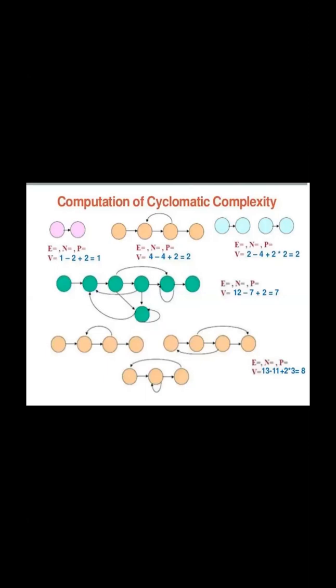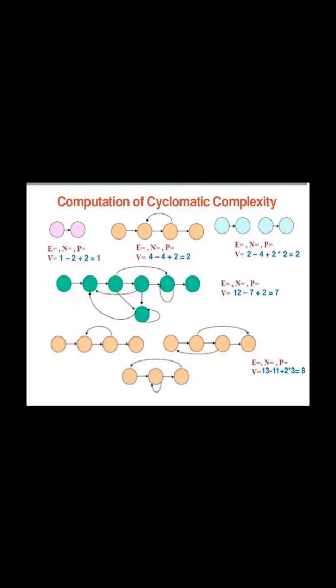What we will do, we will take the number of edges, edges meaning the lines, N, how many nodes we have in the program, and P, how many paths we have. So here, number of nodes is 2 and path is 1, and the path also 1. If you take the next one, we have 4 nodes, 4 paths, and 4 edges. So by counting the number of nodes and the number of edges and the looping statements within the nodes,